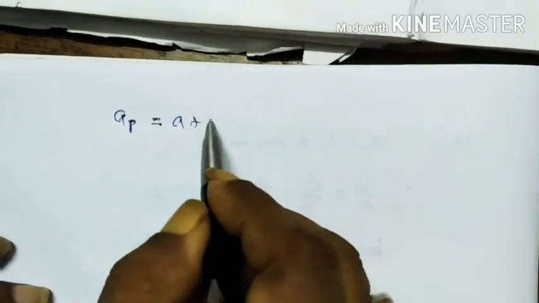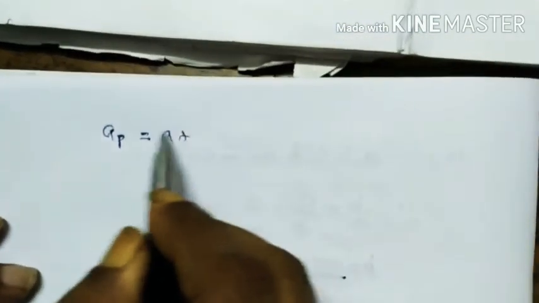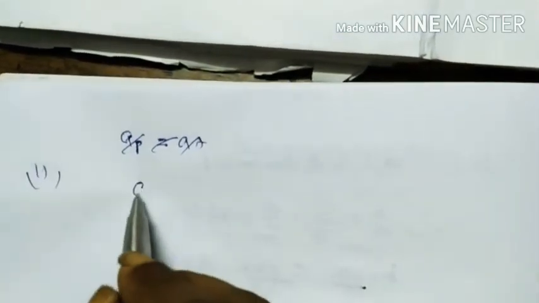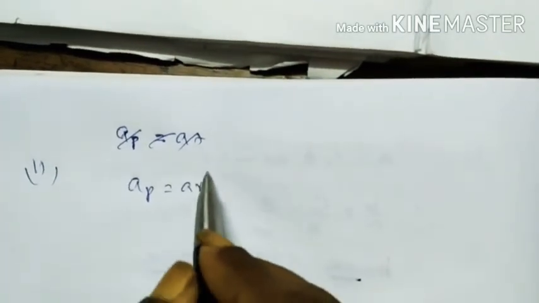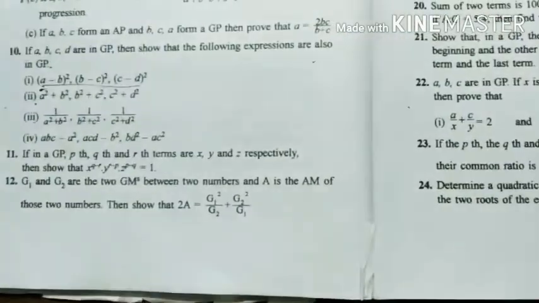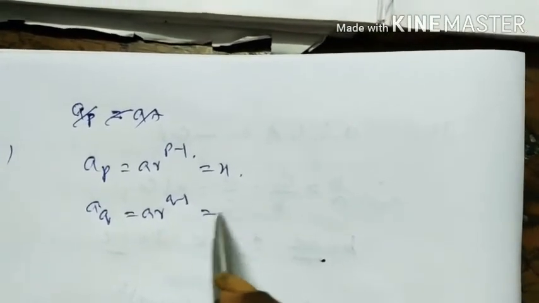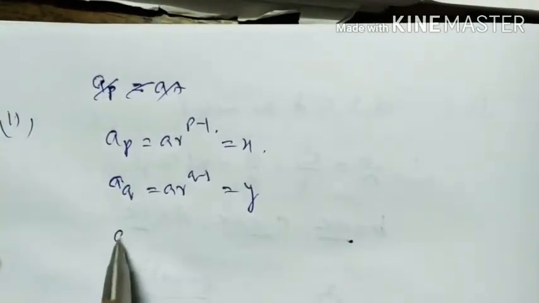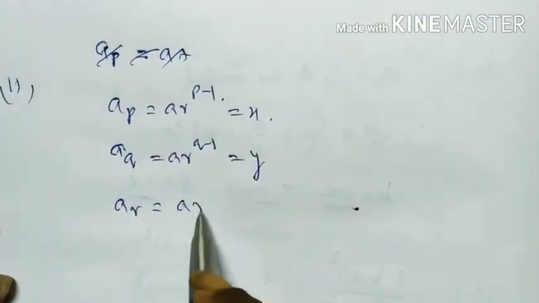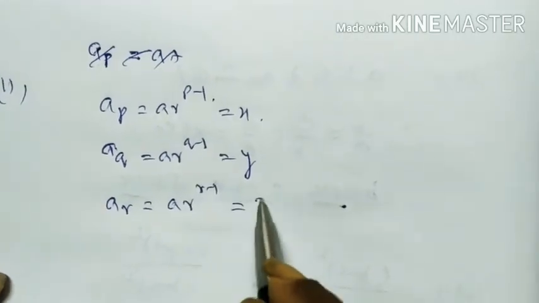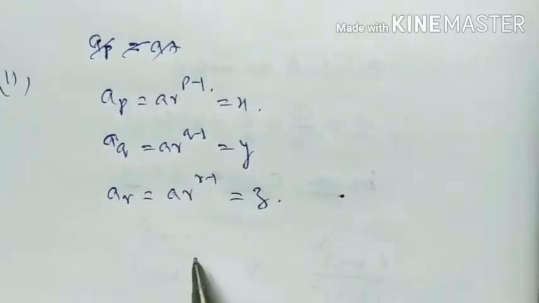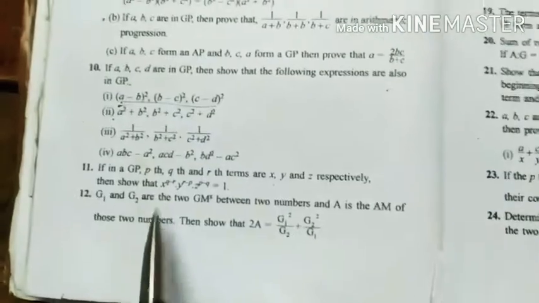A plus, it is in GP, so sorry. Question number 11. The pth term of a GP is equal to a r to the power of p minus 1, and this value is x. Now the qth term is a r to the power of q minus 1, this is y, and the rth term is a r to the power of r minus 1, which is z. This is given to us, and we have to prove that